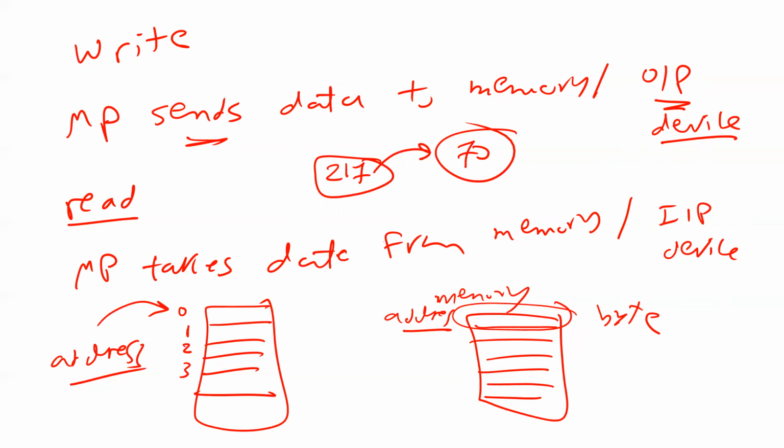Before you read or write, memory you can read or write, right? So I can tell the memory, please give me the information in location number 0. Or give me the information in location number 4. So 0, 1, 2, 3, 4. It's going to give you this byte, whatever is stored there. Same thing if you want to write. You have to tell me which location. And every location stores a byte. That means if you want to read from the memory, you have to read a byte. If you want to write, you have to write a byte. Can I read a bit? No, it's just a fixed unit. Right? Read a byte, write a byte. Is that okay?